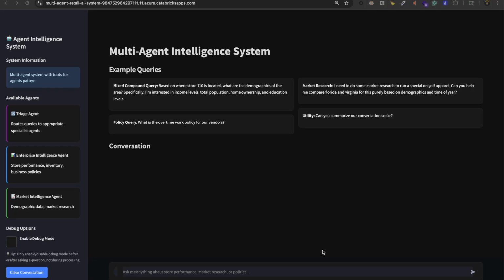Hey there, here's a quick demo of this multi-agent system that is meant to answer questions about stores and store intelligence, based on what we saw previously in the other demo. And we can now bring in market research as a part of it. So just like the previous example, we can go in here and say, hey, what are the sales forecasts for